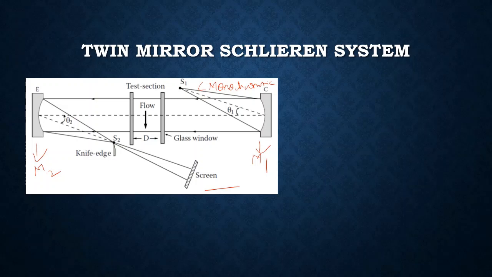So here, the main case is that instead of a screen, you can use a camera. So here we are using a camera, so that we can visualize the effects of shocks in the camera. We can directly record it with the help of the camera. If a screen is there, what happens is we could predict the value with respect to only one flow condition, that is when Mach number is increasing from 1 to 1.6, because the operating condition for that particular stage is about 2.1. So we have run the tunnel up to the max speed of 2.1. We are not suddenly achieving the max speed of 2.1.